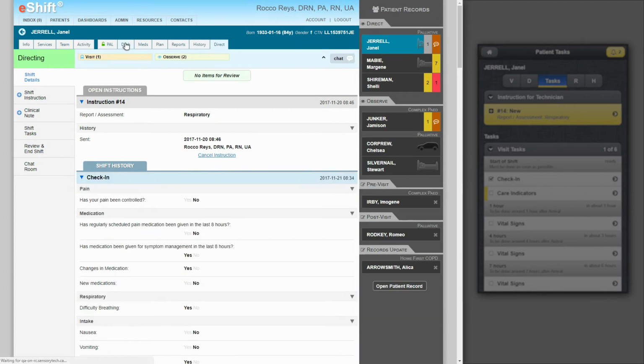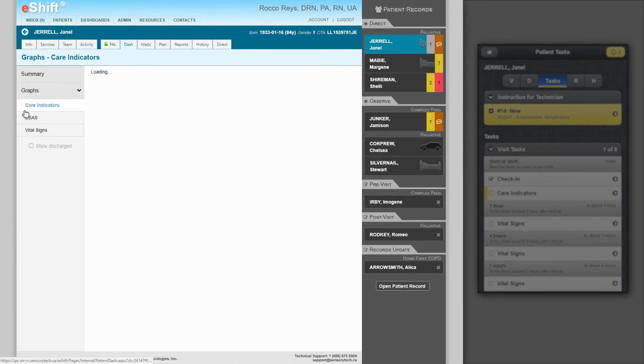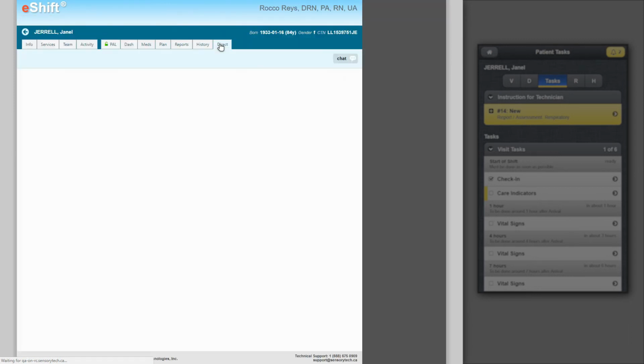I can go to the Dash tab to review the patient's pain history. Here we can see graphically the information sent by various techs over time and is a visual representation of the dynamics of the patient's condition. Let's say that the patient's pain is significantly higher than normal. Since I have concerns about the patient's pain, I will request more details from the tech by instructing them to